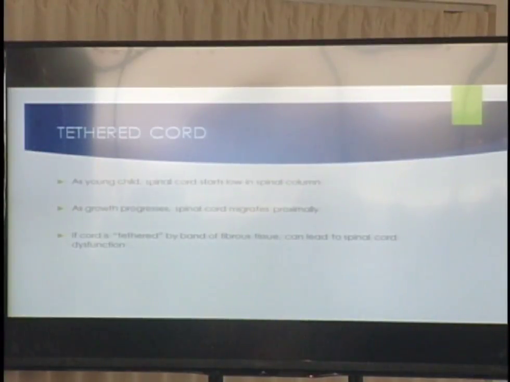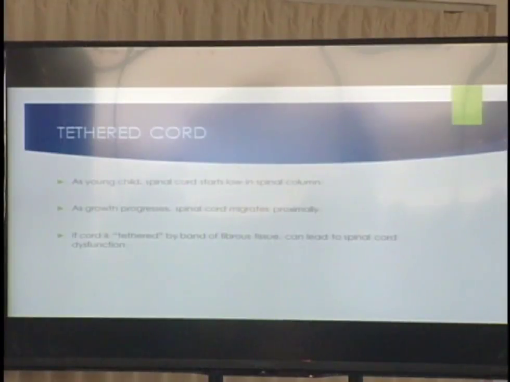Okay, we'll talk about a few separate things here. Tethered cord. Most of you, if not all of you, know what a tethered cord is, and maybe have seen kids with tethered cord. So just as a review, the spinal cord starts lower in your spinal column when you're a very young child, and as you grow, that spinal cord grows with you, and the bottom of the actual cord migrates up in your spinal column. And so if it's tethered or stuck, say, by a fibrous band of tissue, that can lead